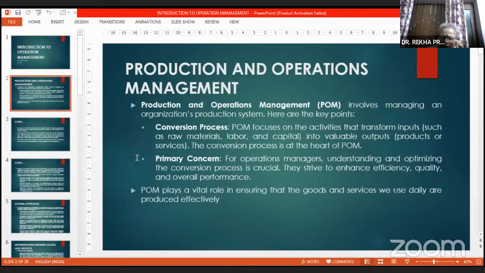These are the basic four areas, and they work together for whatever they are producing, whether they are giving services or goods, or maybe both. There are organizations that may give both goods and services. So it is their duty to see what is required, how it is required, and at what price it will be,